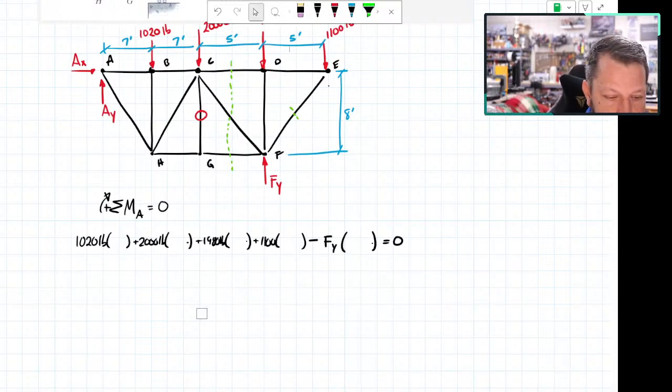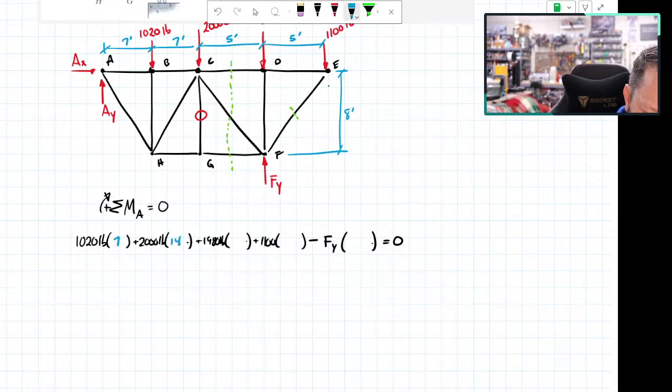All right, so 1020 needs to be multiplied by 7. 2014. 1980 is 19. FY is 19. And the last one's 24 still. All right. So